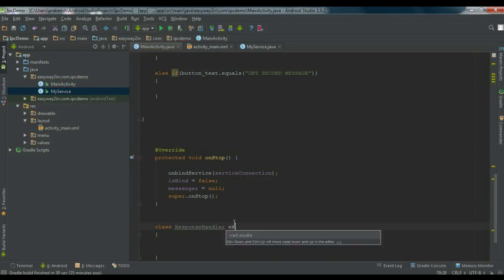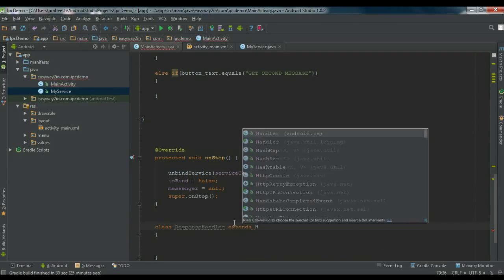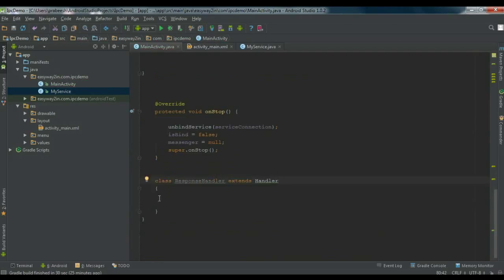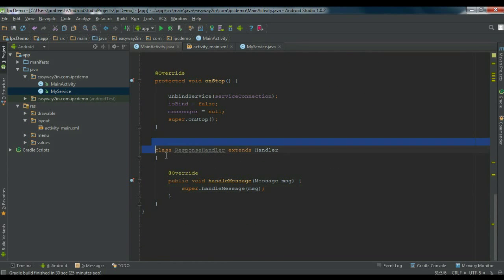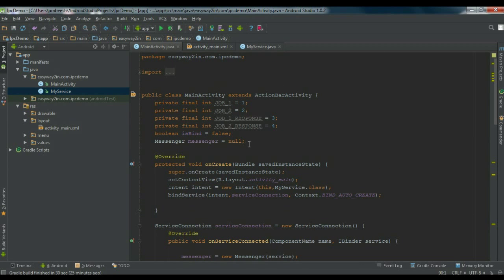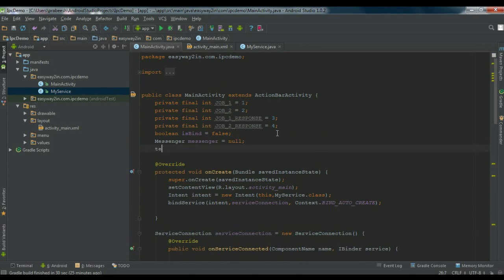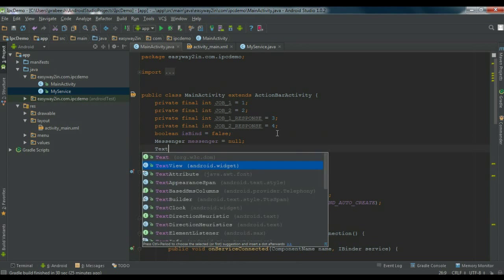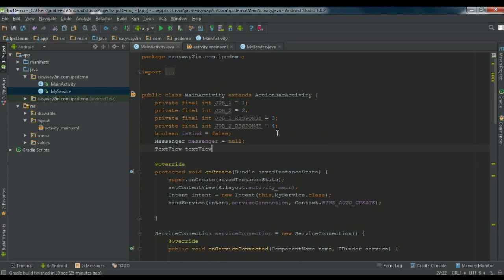The same thing, extends handler. And here you need to override the method handleMessage. So this one is for handling the reply from the service. Now we have to declare the text view object. We have to display the message using the text view. I name it as textView,